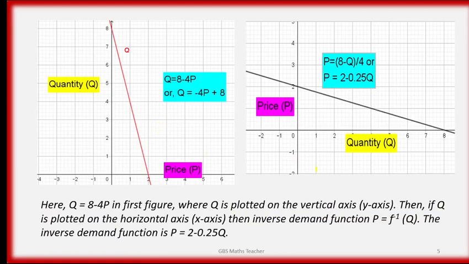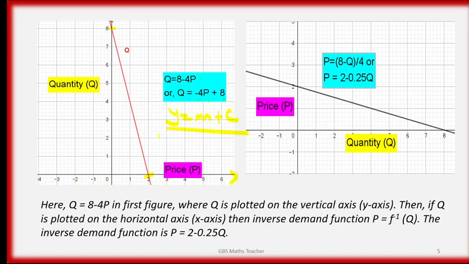Here I have expressed it in two figures, dear students. Suppose Q equals 8 minus 4P, that is Q equals minus 4P plus 8. You who have studied science can also understand it as y equals mx plus c, the slope intercept form. That can be. Quantity is expressed on the vertical axis and price on the horizontal axis, and this equation shows in this way. Here at 2 comma 0, here 0 comma 8, the line. This is the x-axis, you know, that is the y-axis, and this is the origin.